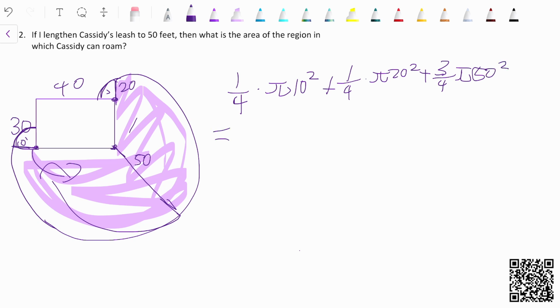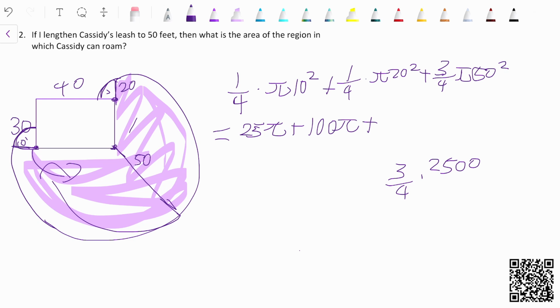Now if we solve this, since this is 100, we get 25 pi, plus this is 400, so 100 pi. And since this is 2500, so 3/4 times 2500,